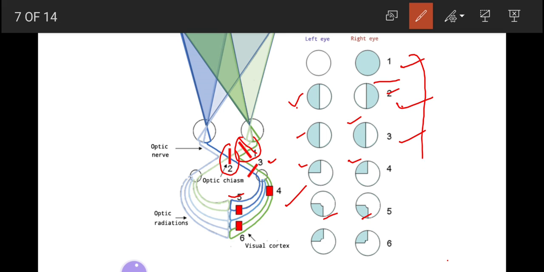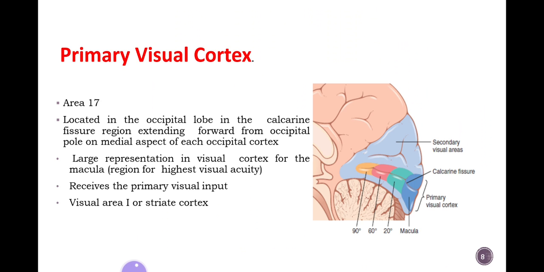You must know at least 5 types: first at the optic nerve, next in the optic chiasma, then the optic tract, and after the optic tract, when these fibers originate from the lateral geniculate body to the optic radiations, two types of lesions can occur: superior and inferior quadrantanopia. You must know the pathway along with these disorders.